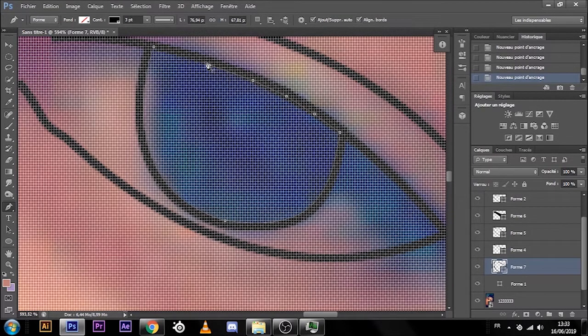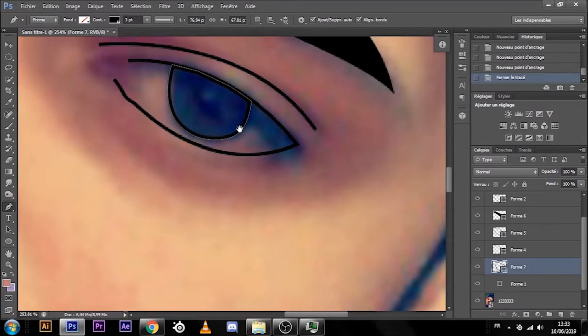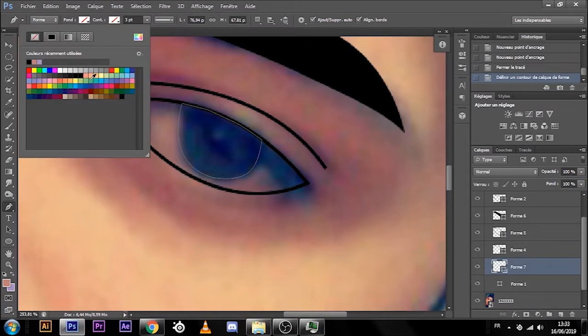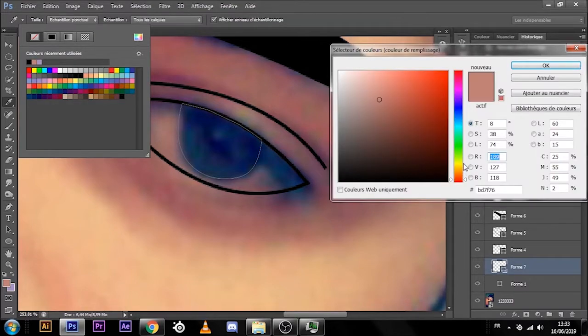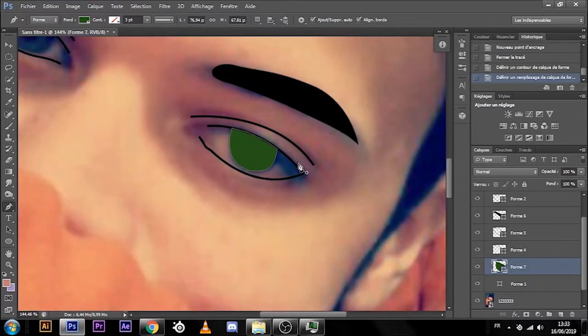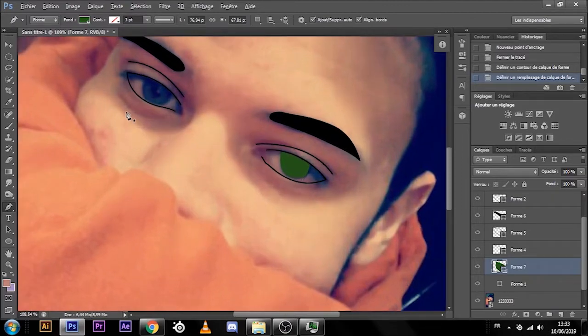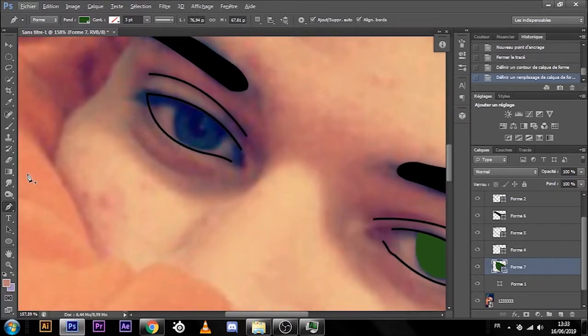So yeah, just do as I'm doing right now, and since my eyes are green, I'll just remove the stroke and add the fill with a color, and in this case it would be green. Yeah, I think the actual image is slightly dark. So the end piece would have some dark eyes. But yeah, so the second